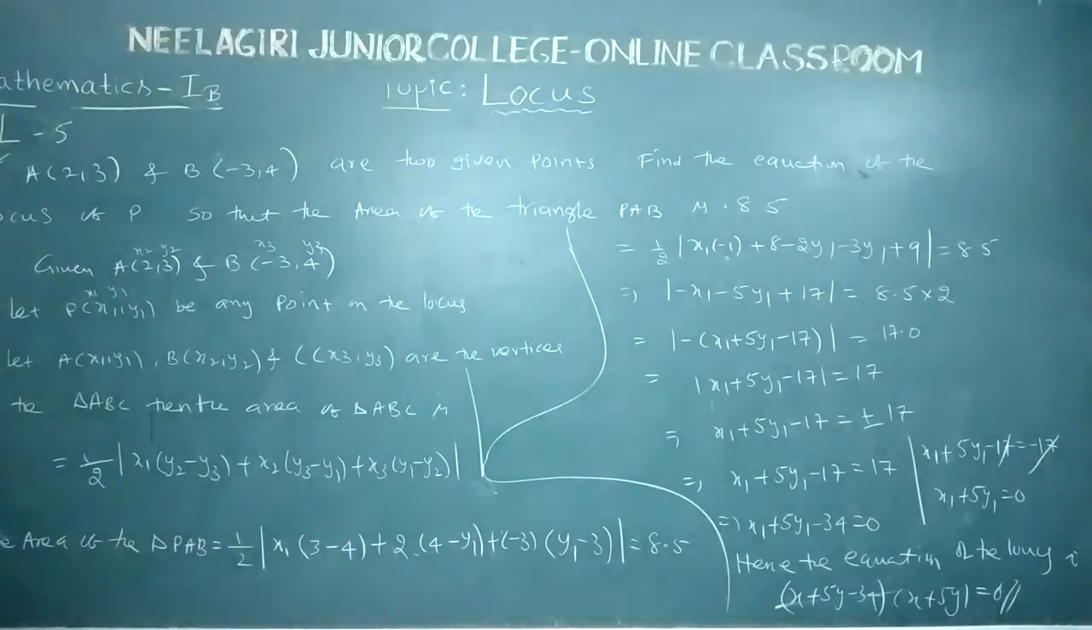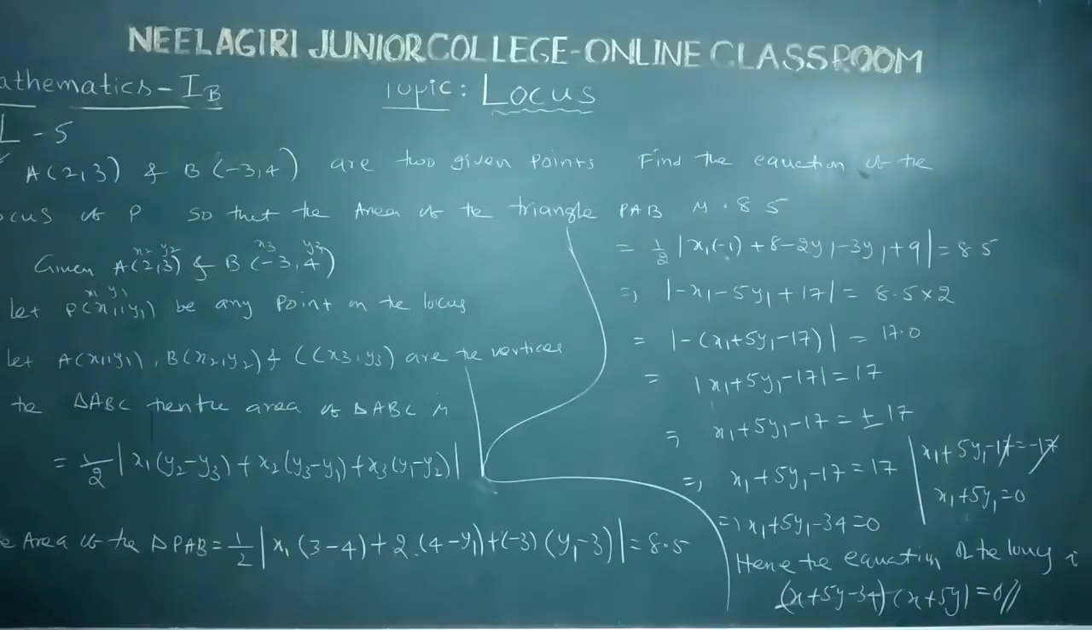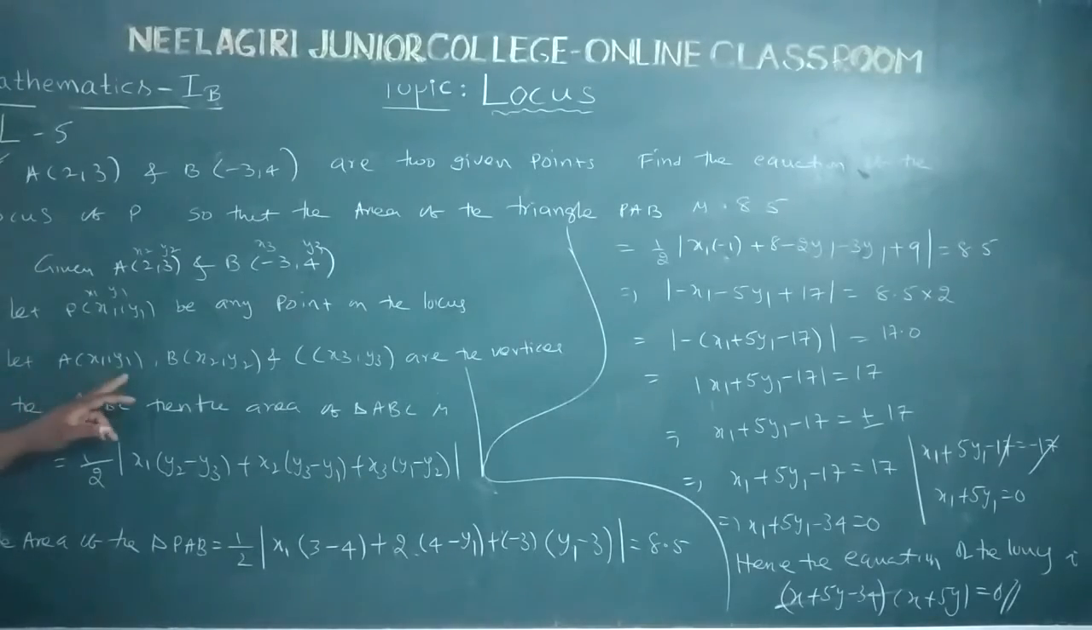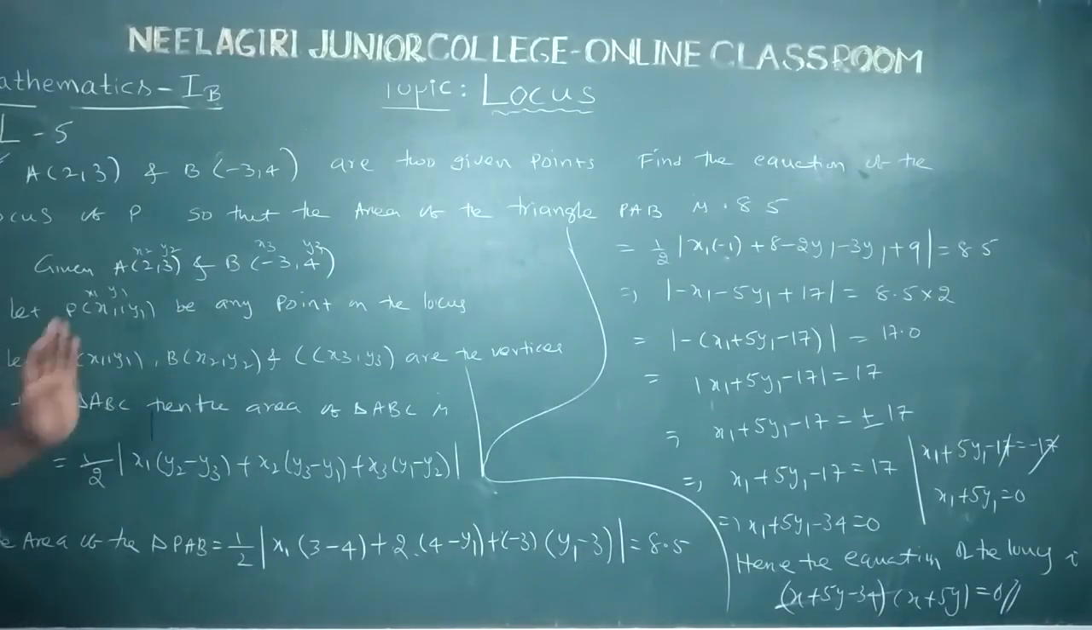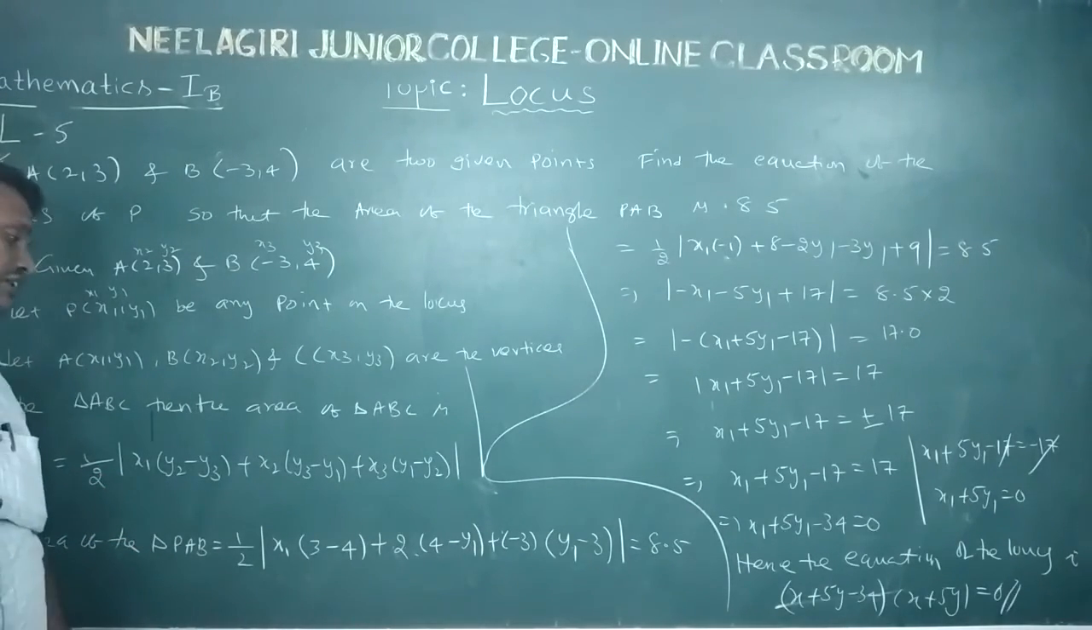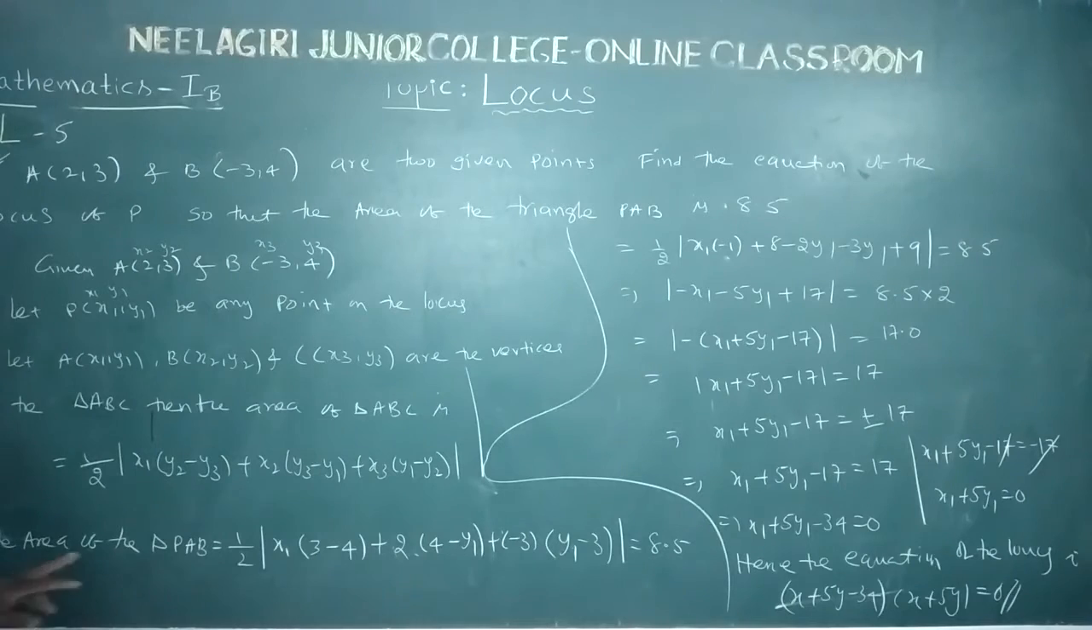Let P(x1, y1) be any point on the locus, and A(x1, y1), B(x2, y2), C(x3, y3) are the vertices of triangle ABC. Then the area of the triangle ABC is, what is the formula already? Coordinate geometry of the 10th class. Half into mod of x1(y2 minus y3) plus x2(y3 minus y1) plus x3(y1 minus y2). The area of the triangle PAB is equal to half into,